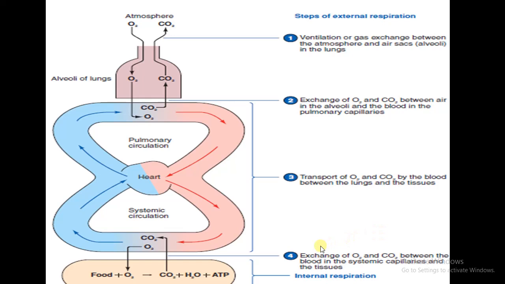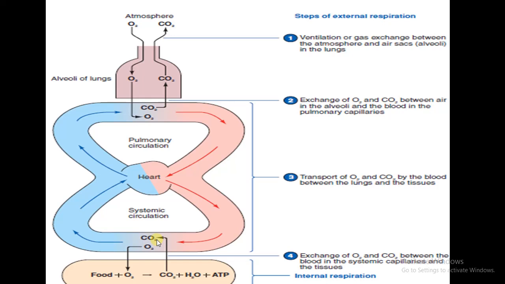Next is the fourth step of external respiration. The fourth step of external respiration is the exchange of oxygen and carbon dioxide between the blood in the systemic capillaries and the tissues. So exchange of oxygen and carbon dioxide, here this is the systemic capillary and this is the tissue cell. So exchange of carbon dioxide and oxygen between the cells and the blood is the fourth step